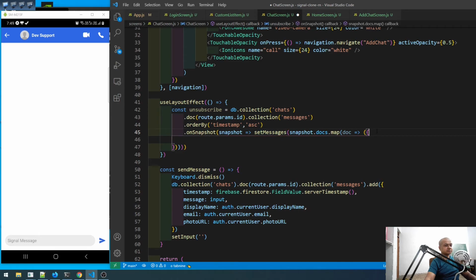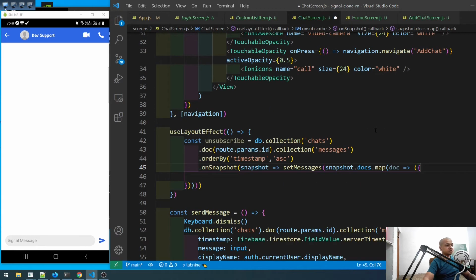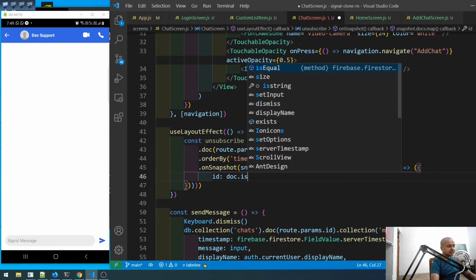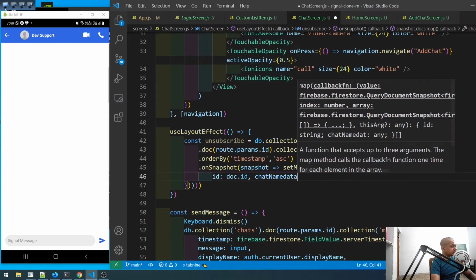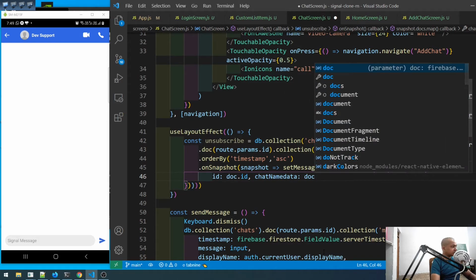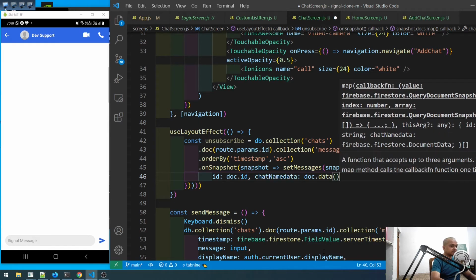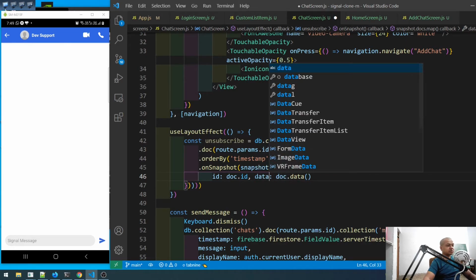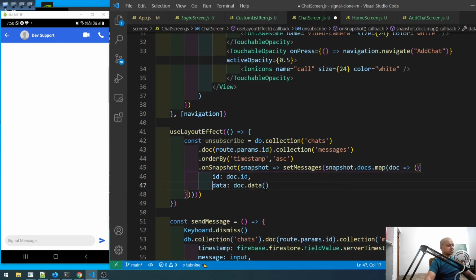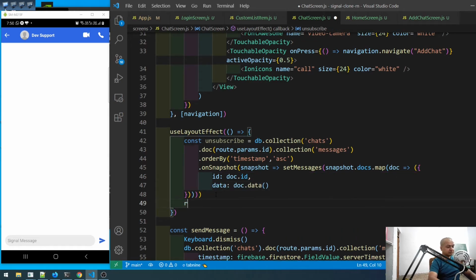Okay, now it is okay. See, so many brackets have been formed. This is sometimes a pain with Firebase. Id is doc.id, data is doc.data. What is it coming, id is doc.id, and this is data, not doc. Oh god. And then return